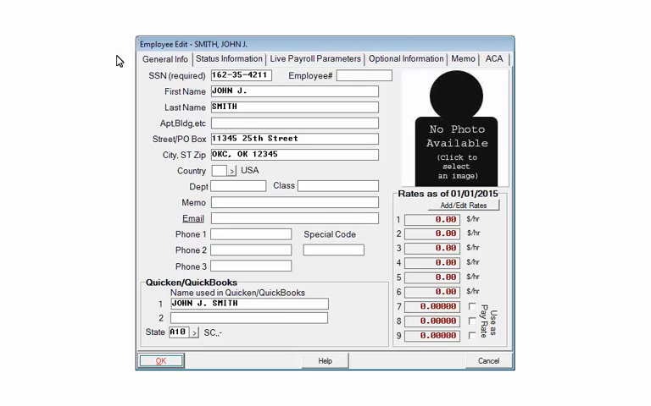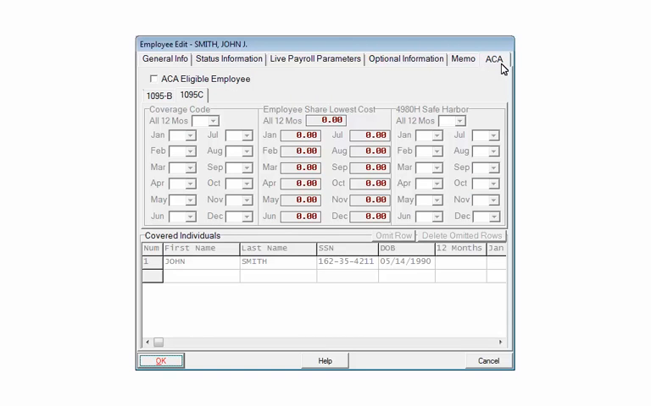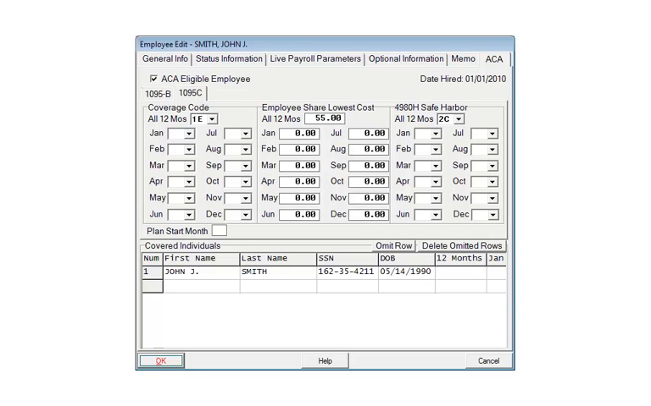At this point, we are assuming the employee has previously been set up. Click the ACA tab. First, if the employee is ACA eligible, check ACA eligible employee. This payer is required to file the 1095C form. Click the 1095C tab. Select the coverage code, enter the employee share lowest cost and select the 4980H Safe Harbor